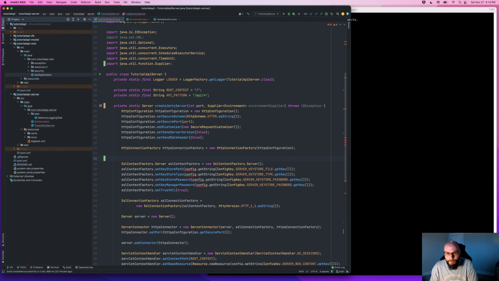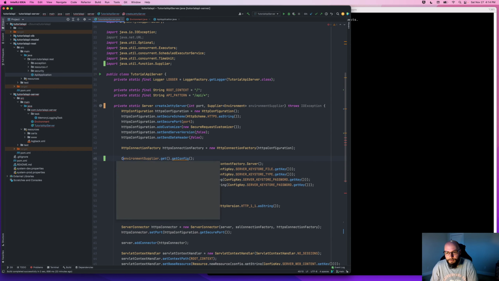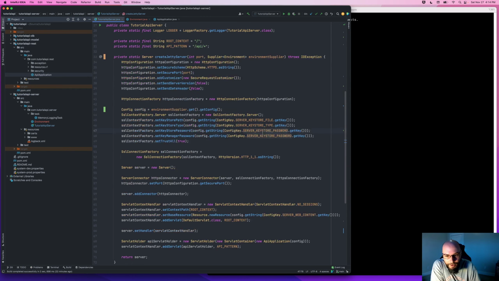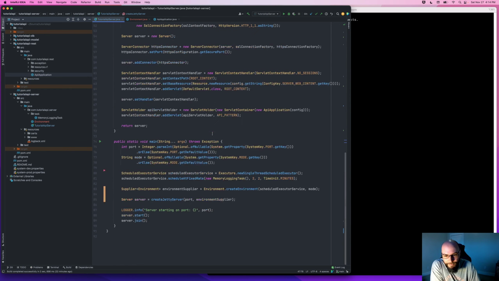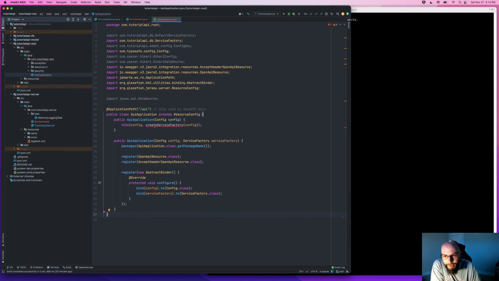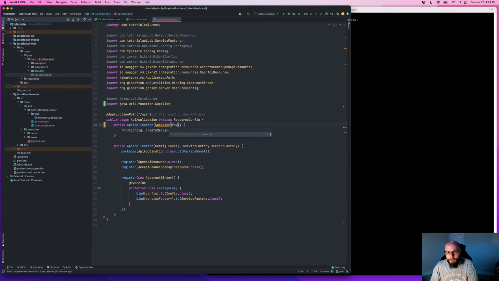So let's do environment supplier.get config, like that. That gives us a config to fetch this information from on startup. Okay, so now our server should be good to go. All this looks good. Let's get rid of this method here. We no longer want to create pretty much anything in our API application. We want to take a supplier of an environment,